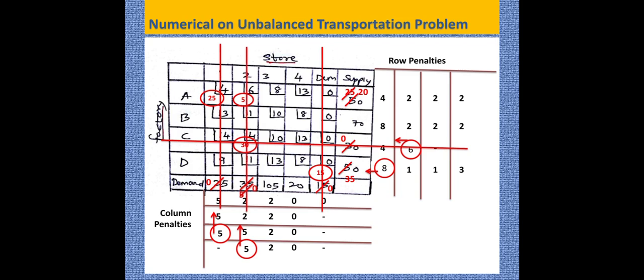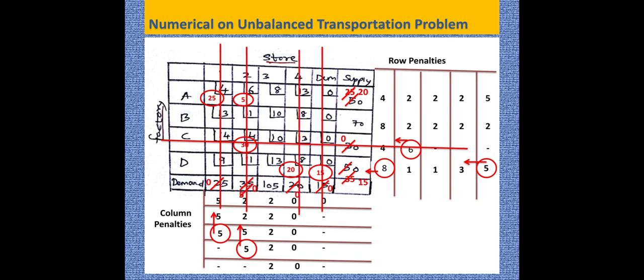Again I need to calculate the row penalties and column penalties. So now again there is a tie here, 5 and 5. Here also the least cost is 8. Here also the least cost is 8. So comparing the demand and supply, since this combination is the least combination, I consider this particular row for allocation. So 35 and 20 is compared. 20 is minimum, that will be allocated there. So it will be reduced from there. So 35 minus 20 is 15, 20 minus 20 is 0. So this particular column will get eliminated.